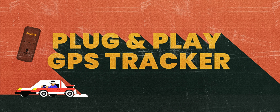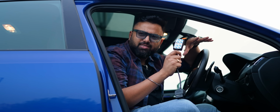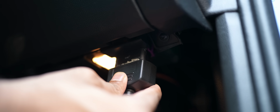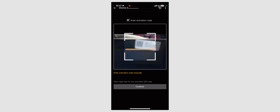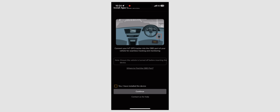Next up is a gadget we all need for our cars, a no-nonsense GPS tracker that just gets the job done. Yep, this is a highly rated GPS tracker from Amazon, and all you need to do is connect the device into the OBD tracker, scan the QR code in the app to activate the pre-installed SIM in the device, and this has a 699 rupee subscription plan that I wasn't expecting right at the start, but other than that,